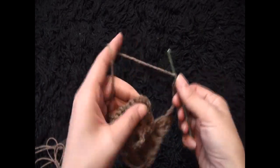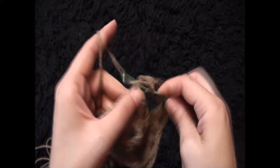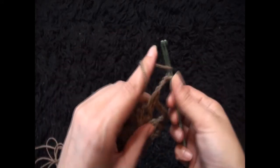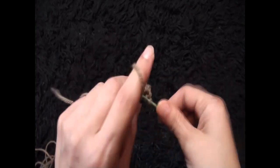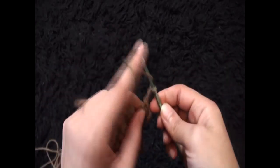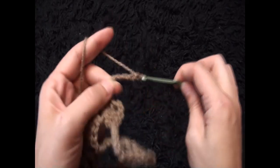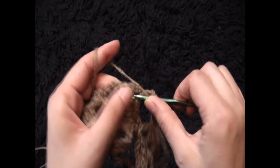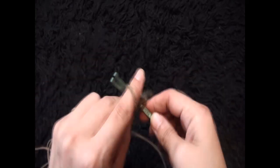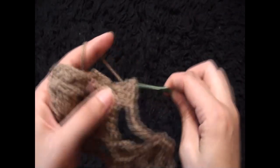now right here through this next shell, through a 3 chain loop I'll make 3 double crochet, chain 3, then through the same 3 chain loop I'll make 3 double crochet, chain 8, now again through this next shell, through a 3 chain loop I'll make 3 double crochet, chain 3, then through the same 3 chain loop I'll make 3 double crochet, chain 8,